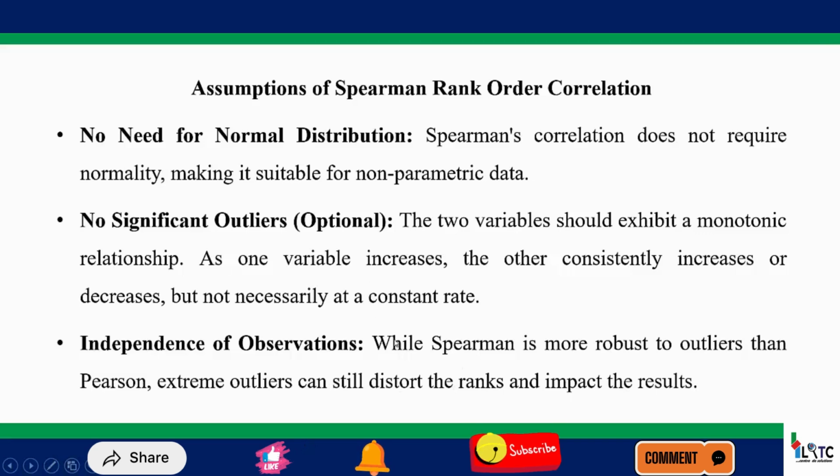Independence of observation. This is the definition of that particular one. No significant outliers. While Spearman is more robust to outliers than Pearson, extreme outliers can still distort the rank and impact the results. So you should check and ensure that outliers are not significant. You don't have so many outliers. You have just one or two in 200 observations. I don't think it will affect your results, but just make sure that you have very minimal outliers